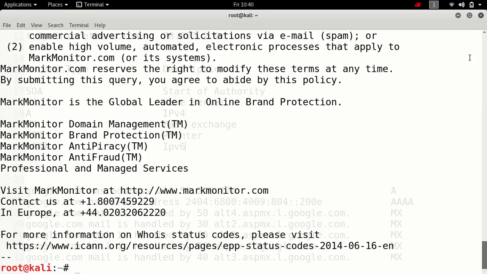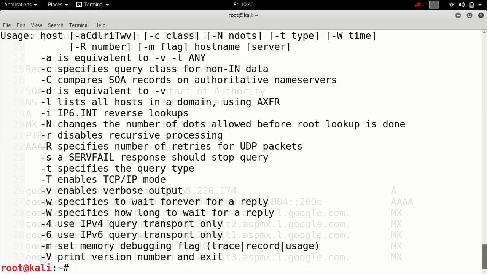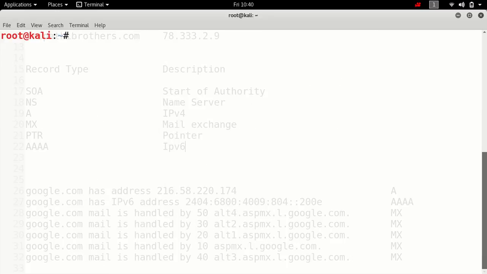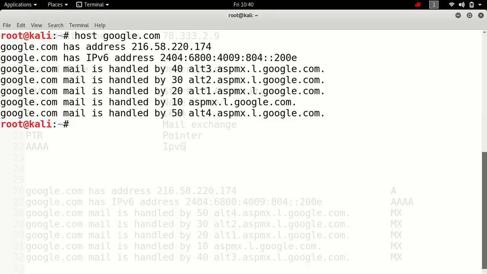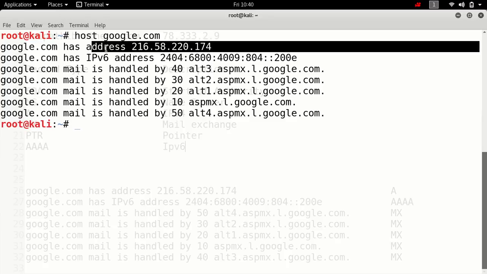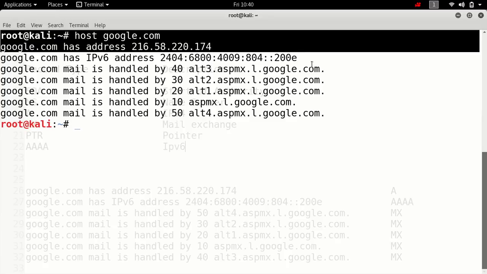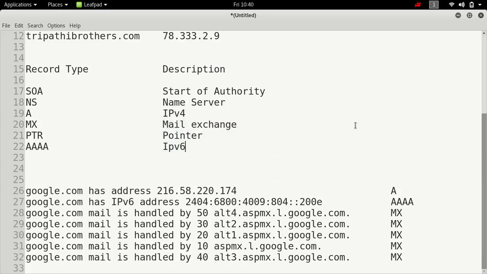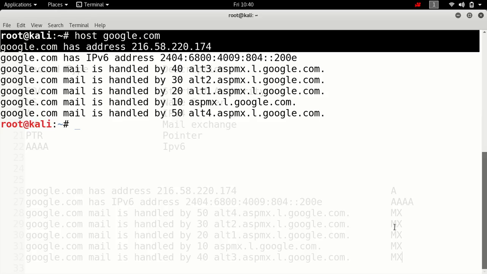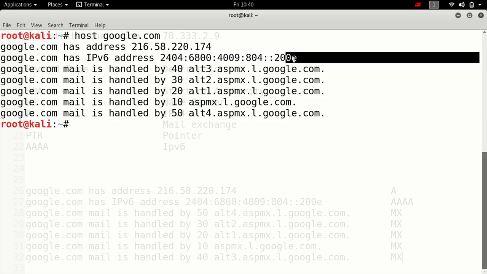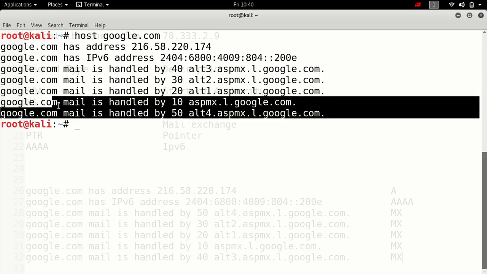Now we will try to fetch the information using the host tool. Clear the terminal and type host google.com, like I am doing here. We are getting the address of Google. We got the IP version 6 address, and we got the mail server records here.